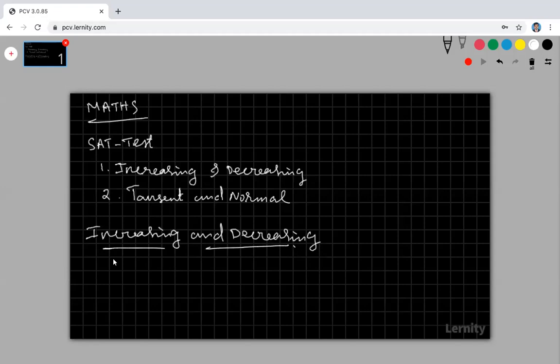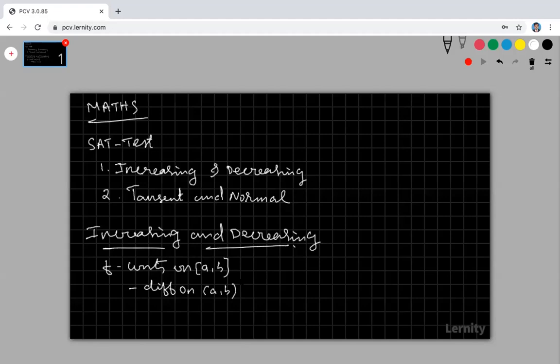Okay, we have a theorem. What is the theorem? Based on this theorem only, we are concluding at which interval my f of x is increasing, at which interval my f of x is decreasing, right? So let f be a continuous function. F is continuous on the closed interval and differentiable on the open interval. That is, the function is continuous and differentiable. Then only we can discuss about increasing, decreasing.